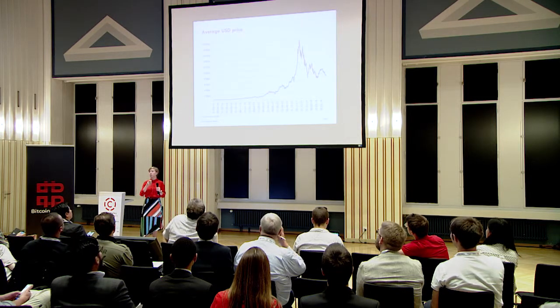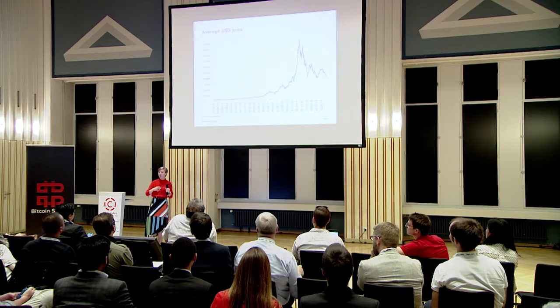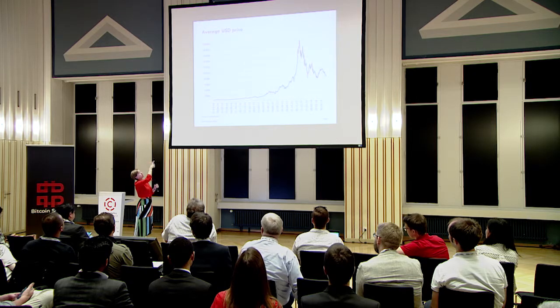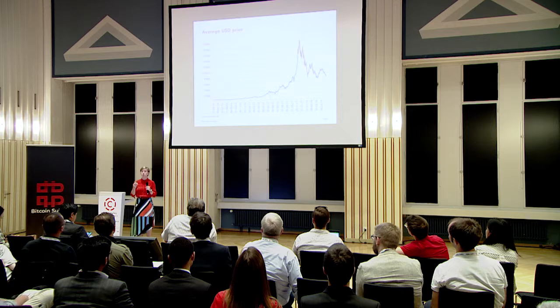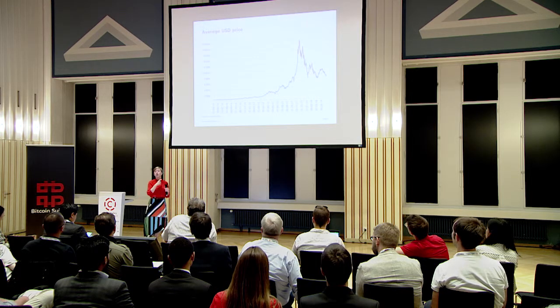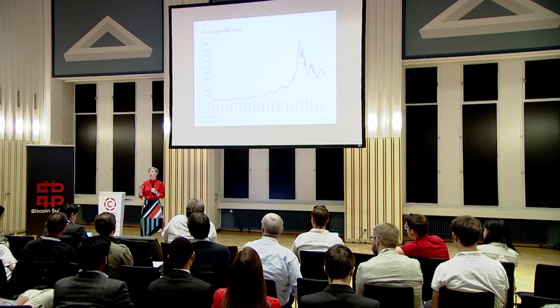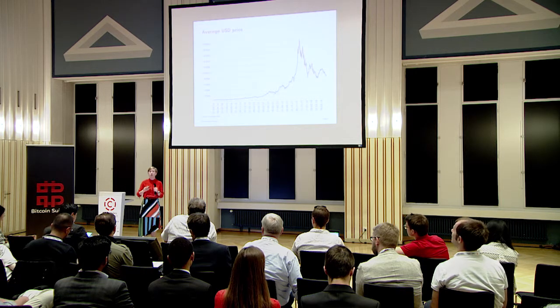Everyone here has probably seen this graph. It's the price of Bitcoin over the past year. What it shows is that there's been a lot of trading going on and the price going all the way up to $20,000. But even though there's so much trading going on, so much media attention, and so many businesses, as we've seen over the past couple of days, starting to get into this market,